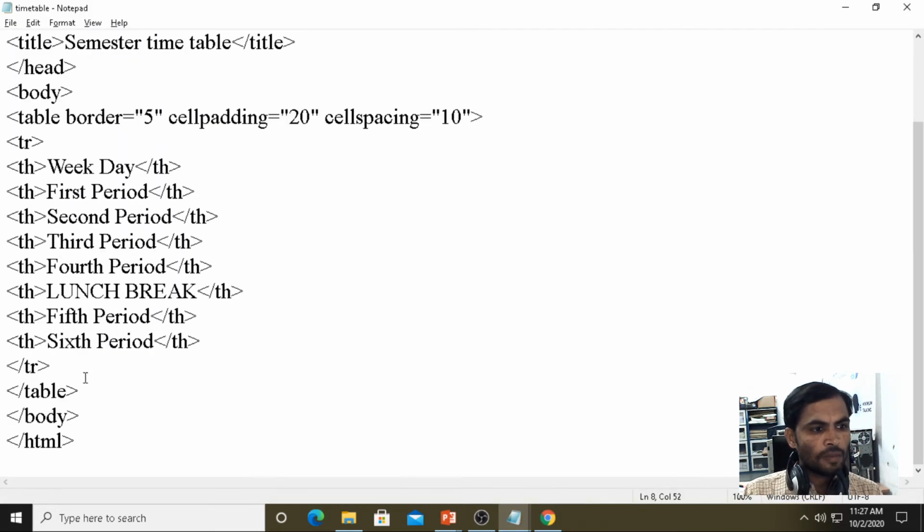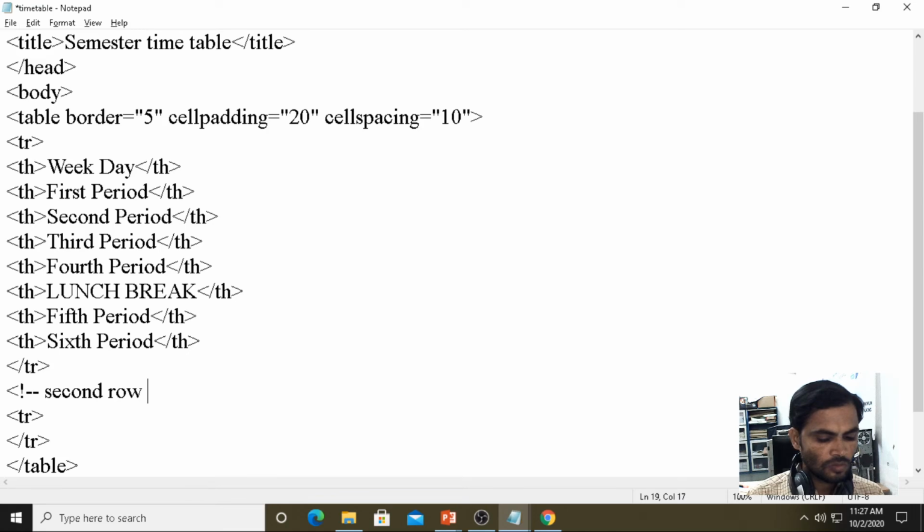Now, I am taking the second row. Inside the second row, for understanding purpose, I am writing in the comments, second row of table. Now we are having table data.